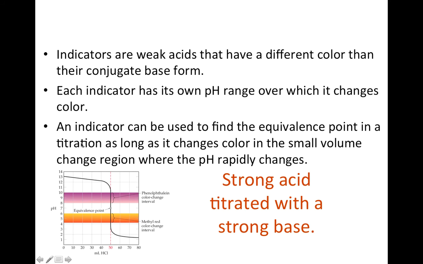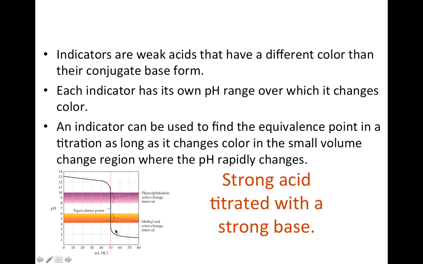So an indicator can be used to find the equivalence point in a titration as long as it changes color in the small volume change region where the pH rapidly changes. So in this case, since we're adding HCl, we would want to pick methyl red, because if we pick phenolphthalein, we're going to end up stopping the reaction a little bit before the equivalence point. And if we pick methyl red, we're going to stop the reaction just after the equivalence point, and that's a